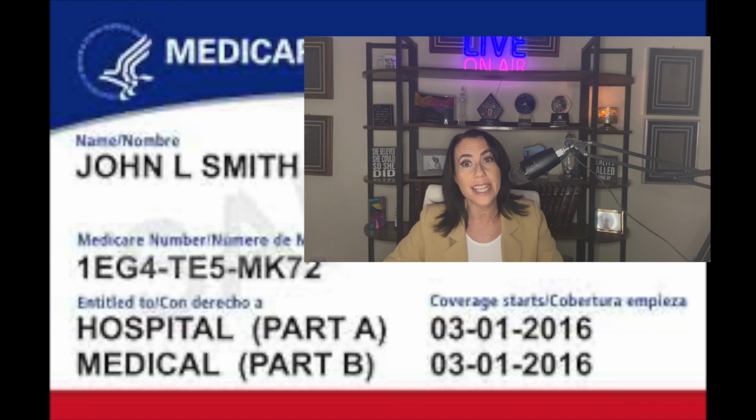Now, let's talk about copays. Medicare Advantage plans often involve different cost-sharing structures than Original Medicare. Original Medicare is 80-20 coinsurance, meaning if you're on Original Medicare, no matter what, you do not have to have a referral, you do not have to be in a network. All you need to know is that your doctor takes your red, white, and blue Medicare card,